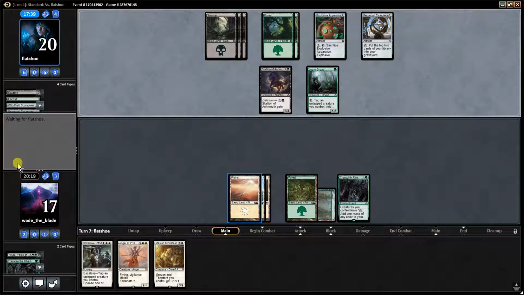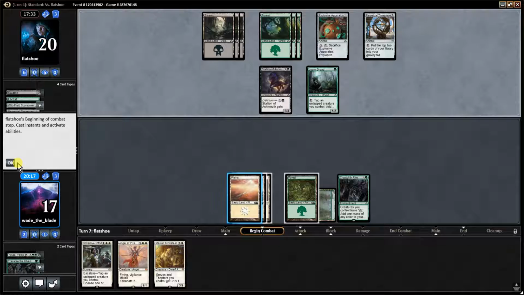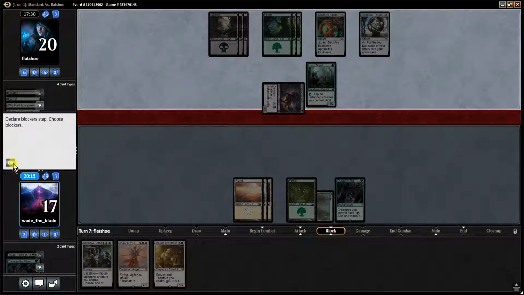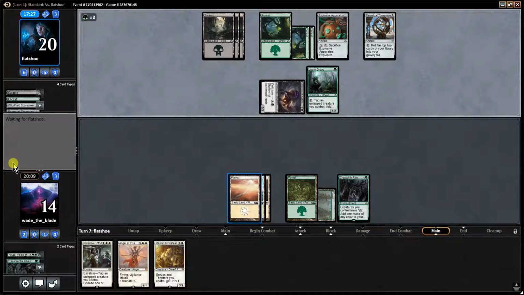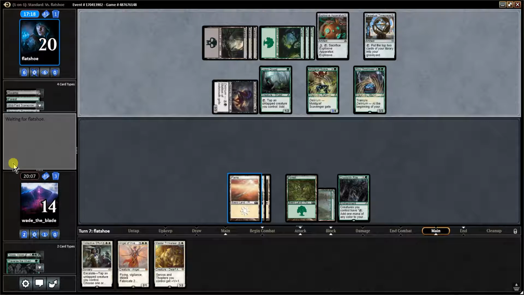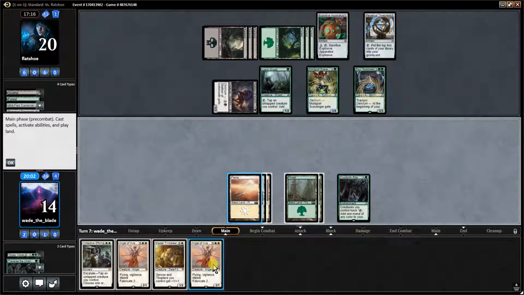See if he'll pump up his Stallion and attack, and I can kill it with Collective Effort. Well, he's not pumping it. He wants to use his mana somewhere else. Okay, so now, well,